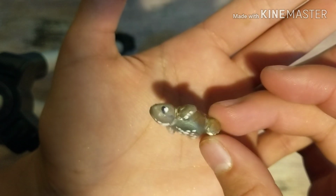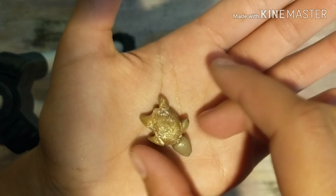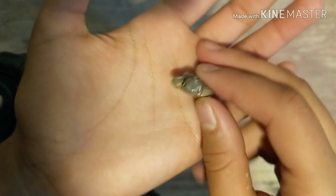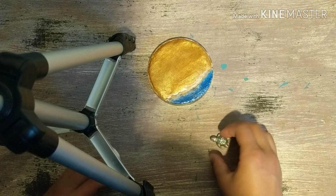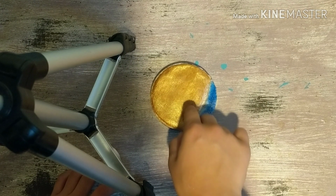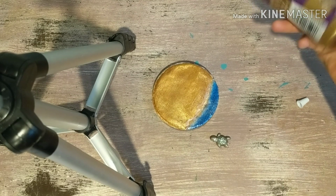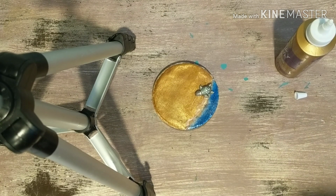It'd be super hard to do it on camera. And the second reason, I had to get it really close up to my face, so it'd be easier if I wasn't filming it. Anyway, oh my gosh, that looks so cool. That's kind of what it looks like in real life, just a bit more brown, but still looks really good in real life. And we're just gonna glue the little turtle onto the beach, kind of like that, I think,